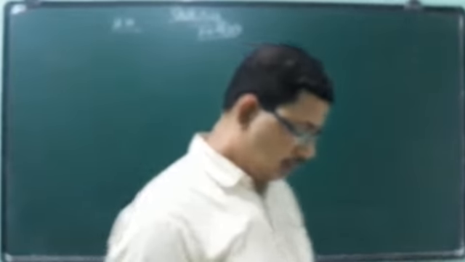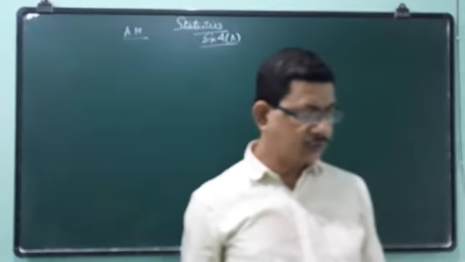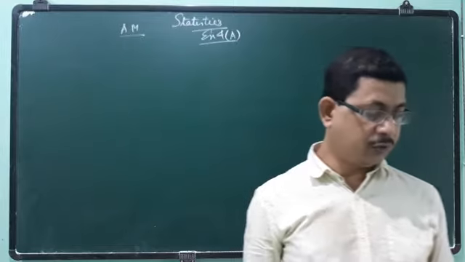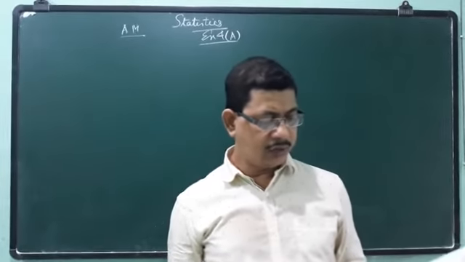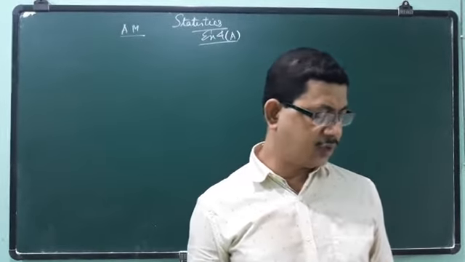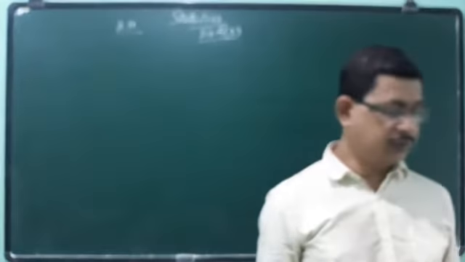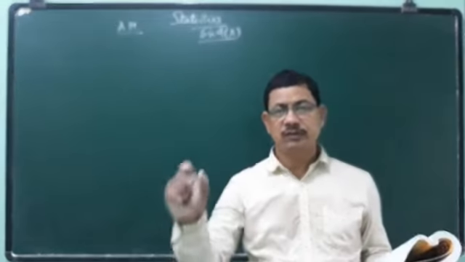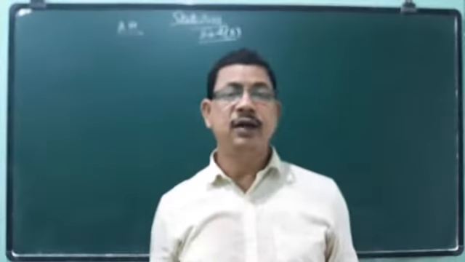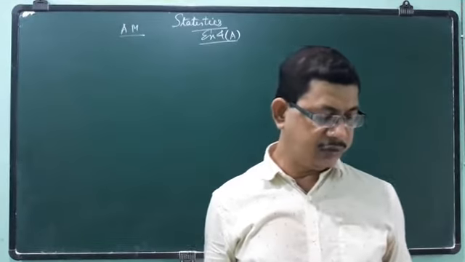So question number 19, I am going to read. The mean of 25 observations was found to be 78.4, but later on it was found that 96 was misread as 69. Find the correct mean. So 25 things are there, and their mean is